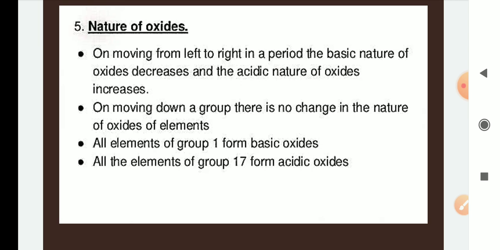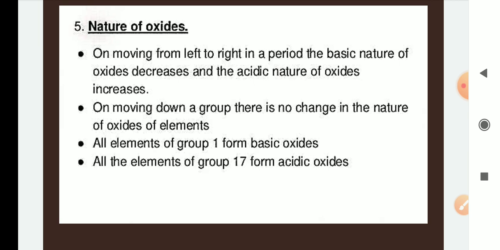If you consider period 2, the most electronegative element is fluorine, and it is a non-metal. And we know that atomic radius decreases across the period. If we come down the group, electronegativity decreases. Example, lithium greater than sodium greater than potassium, because sodium is more metallic, showing more metallic character than lithium. Now, nature of oxides.